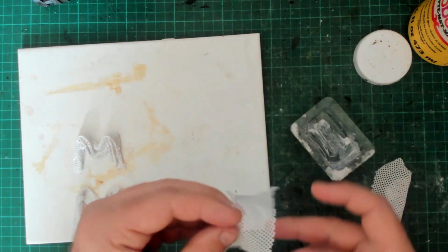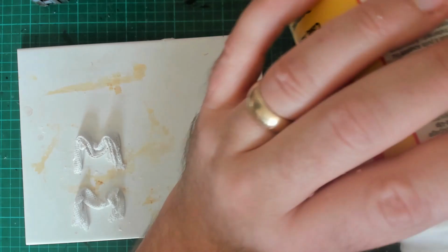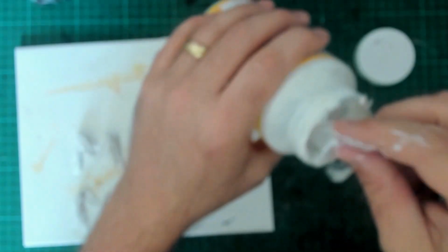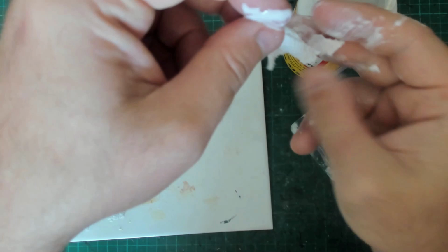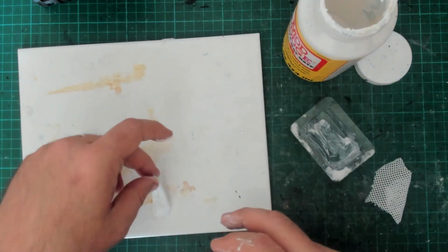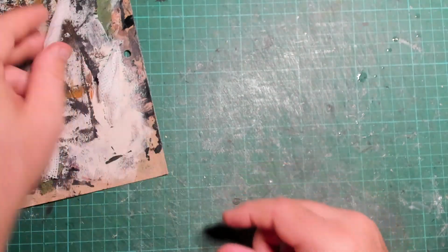And for a sort of hanging net, same sort of process, a little bit, sort of rectangle. I found it easier just to soak it like this, really, so you get nice good coverage of the Mod Podge, and just put it into a hanging shape like that. When you're done, you'll be left with something that's quite solid. What I want to do now